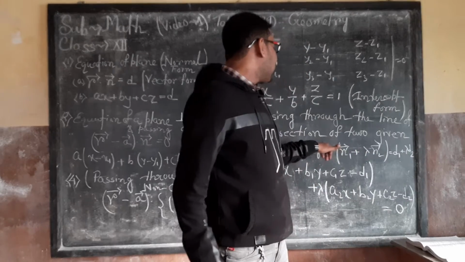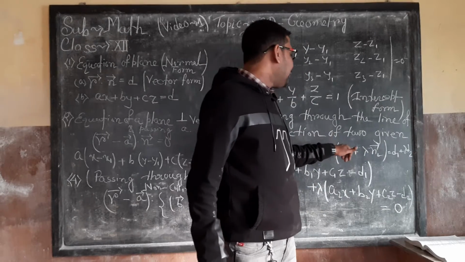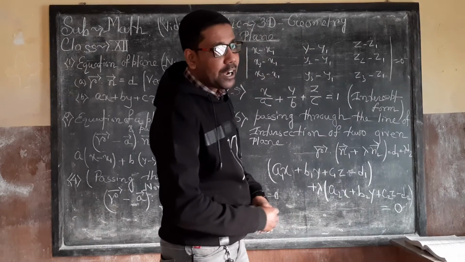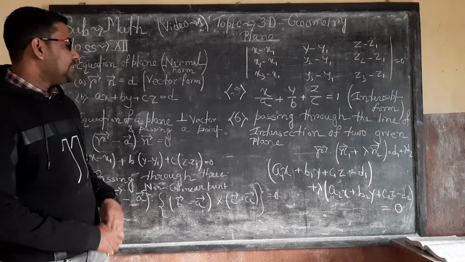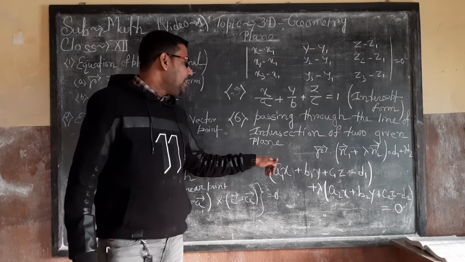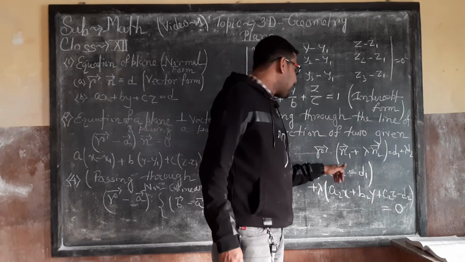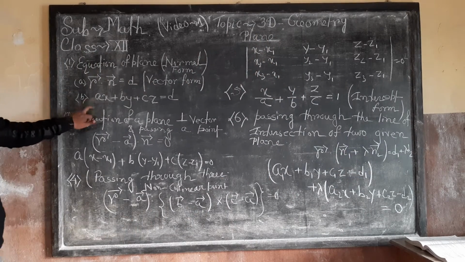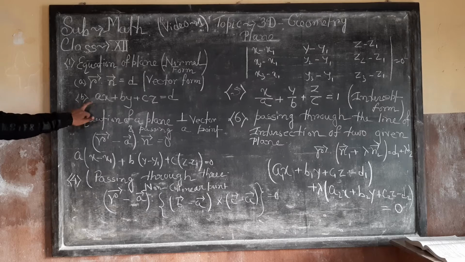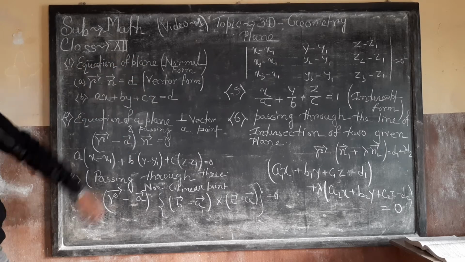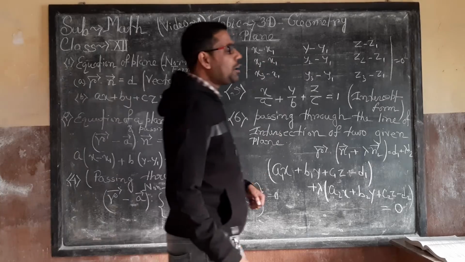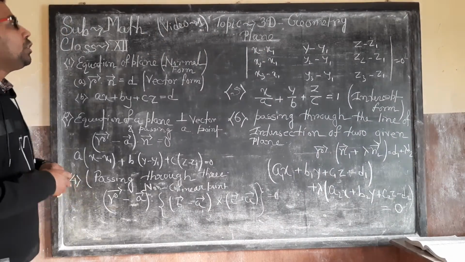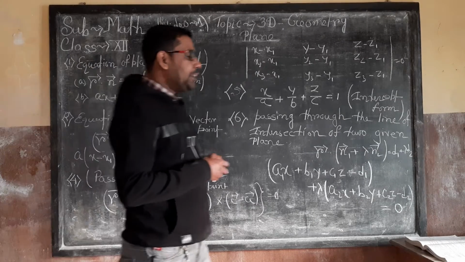This time it is r vector dot (n1 vector plus lambda n2 vector) is equal to d1 plus lambda d2, and in Cartesian form it is a1x plus b1y plus c1z minus d1 plus lambda times the corresponding expression of the second plane, each being the Cartesian form of the equation of the plane in normal form. So remember all those equations, and with the help of all those equations we will solve some problems in the exercise